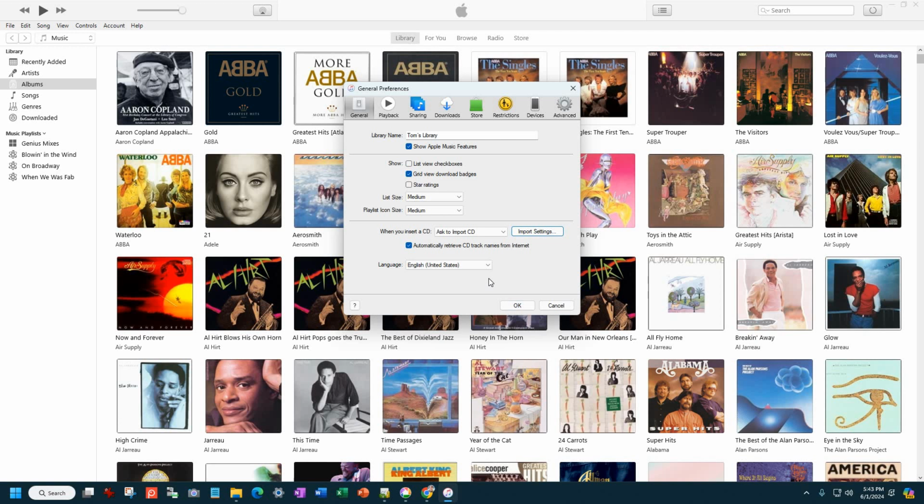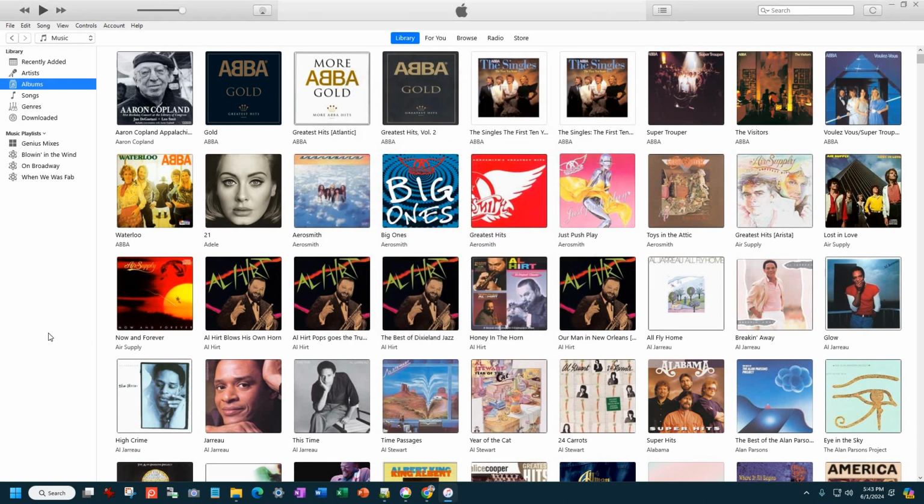Now import your CD and you'll see that the file size of these MP3 files is considerably less than what your WAV files were, which means that it's easier to decode them. So that's why they can work better on older hardware, older CD players, DVD players, iPods, different things like that. So you do have a ton of settings here. Once you have those settings, then go through and rip your CD and copy your files that way,